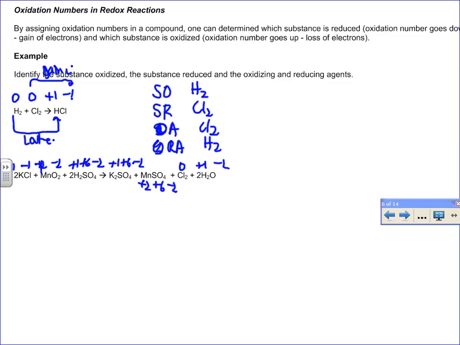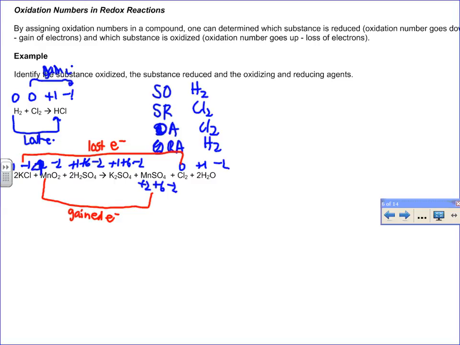Okay, this should be +4 here. Okay, manganese has changed from +4 to +2. And the chlorine has changed from -1 to 0. So in this case, the chlorine has lost electrons and the manganese has gained electrons. The other elements like potassium, oxygen, sulfur have not changed their oxidation number, so they're not involved